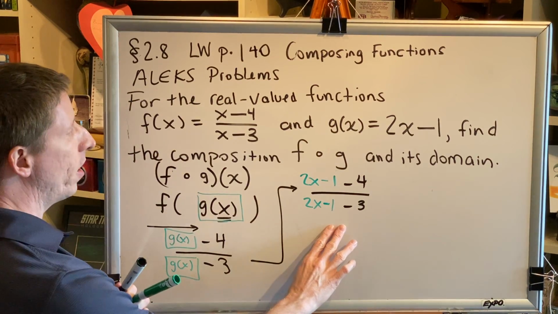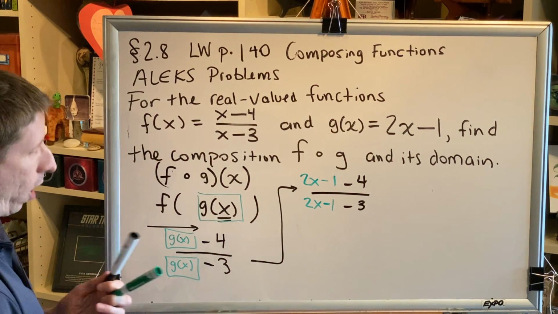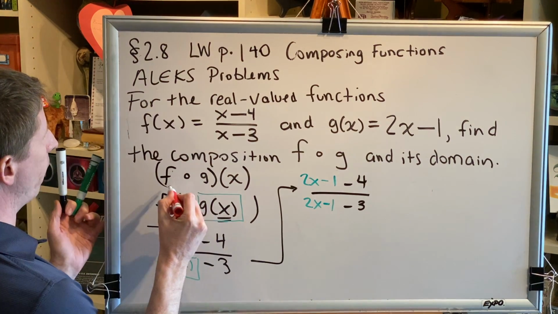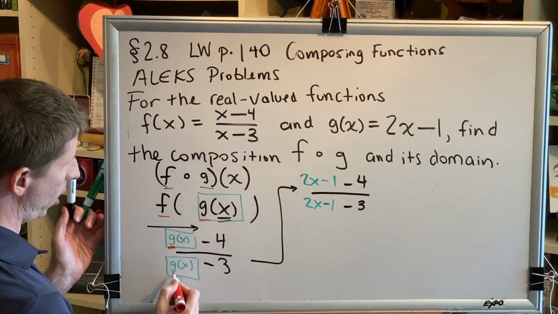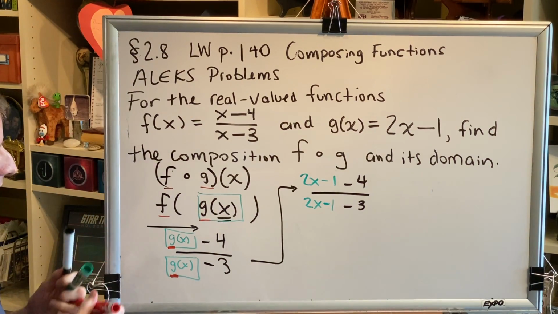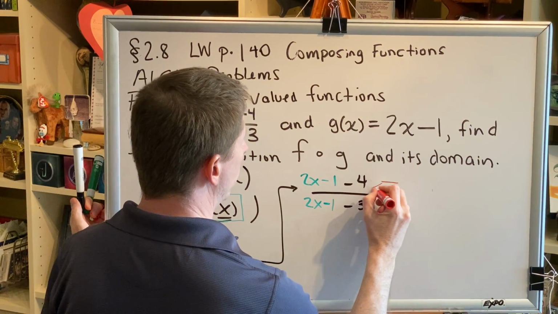Now, this is the first line of our algebra where we have no function names anymore. Our function names for this problem are f and g. This is the first line of algebra that does not have f or g in it. So this is where we stop